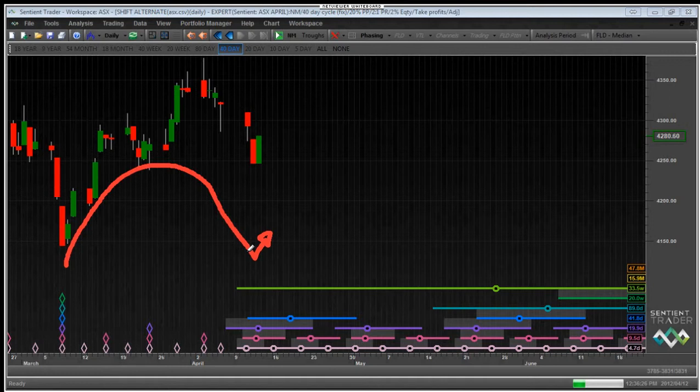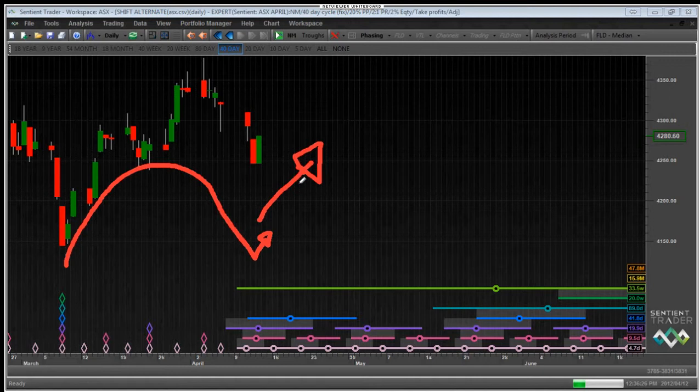Okay, so what trading decisions are we going to be making? Well, the first thing you do when you're going to make a trading decision is you, of course, look at your analysis and everything, but you ask yourself, what is the cycle that I'm trading presently doing? I've just answered that question. The cycle that I'm doing is about to, or possibly has yesterday, bounced out of a trough.